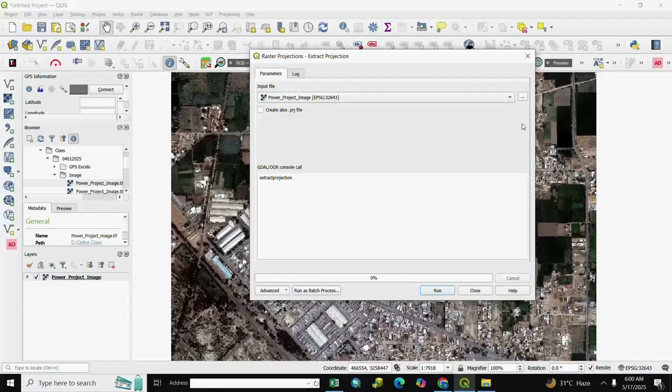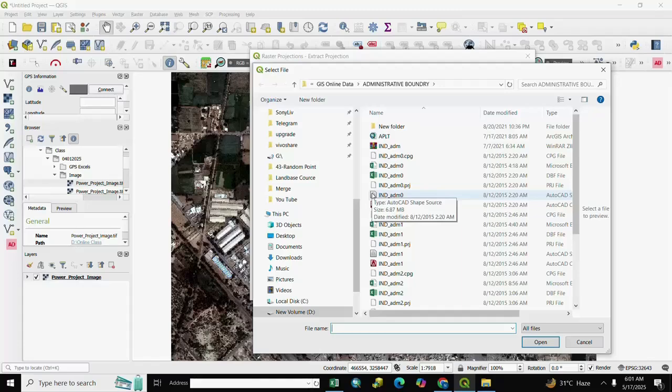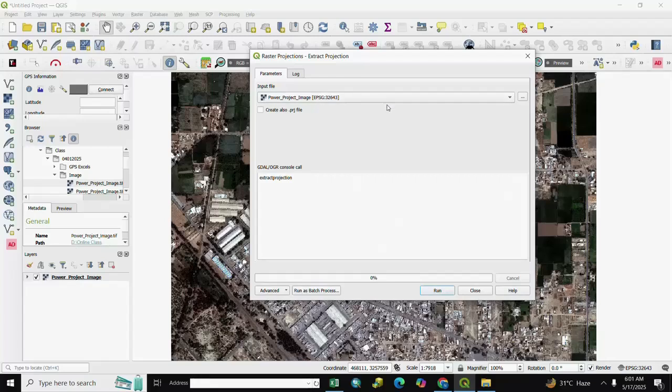For extract projection, if you want a reference projection, you give a reference projection. After it, open and tick create projection. After it, run and close. Your projection has been created successfully.